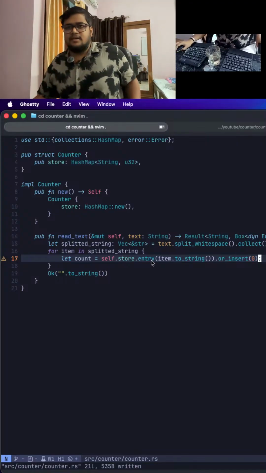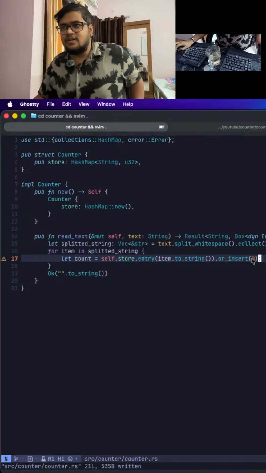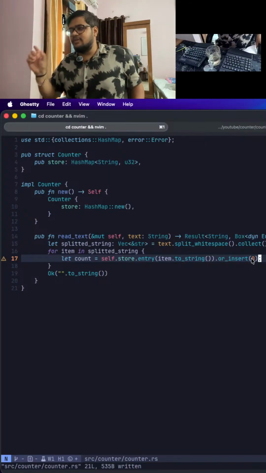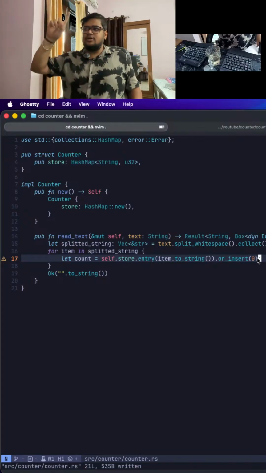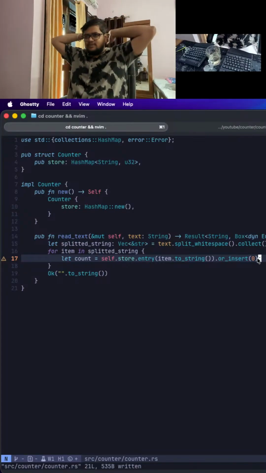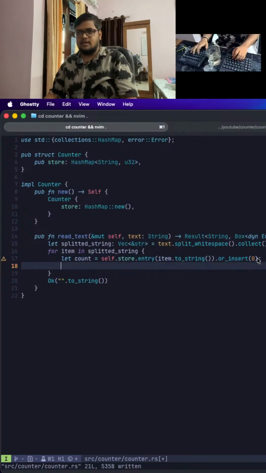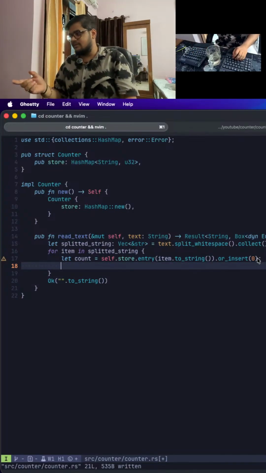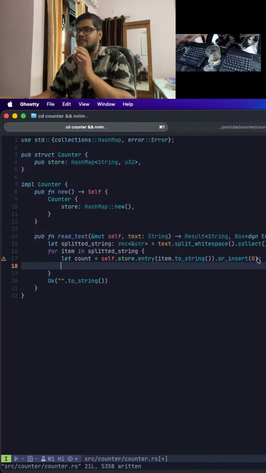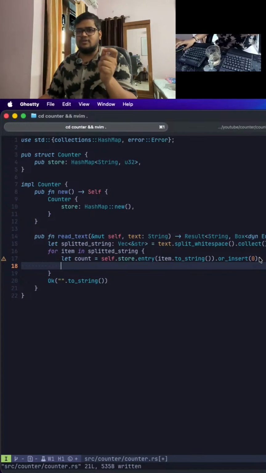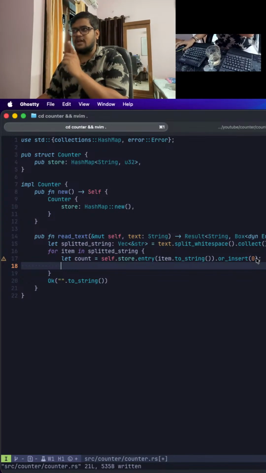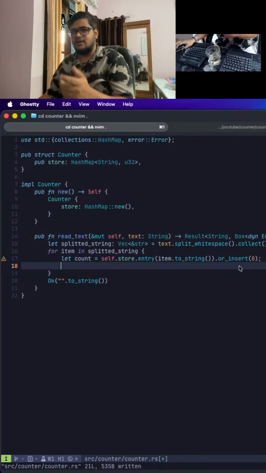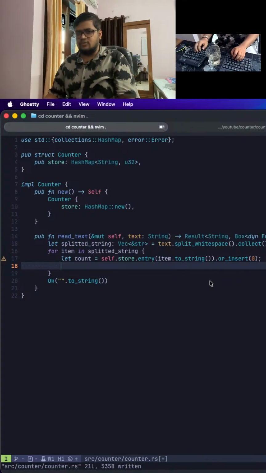This function, or_insert, will return me the value that is currently 0. So I need to increment it to 1, because the item has been encountered. If I have a default value of 0 and the item is encountered, I have to increment it to 1. If it's already 1 or 2 or 3, I have to increment it because it has been encountered again. So what I'll do,